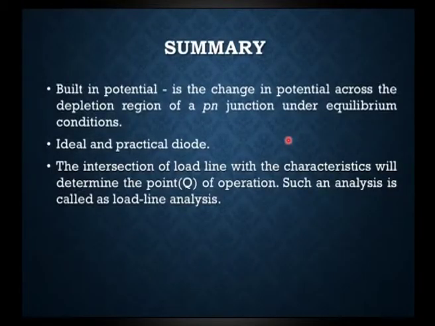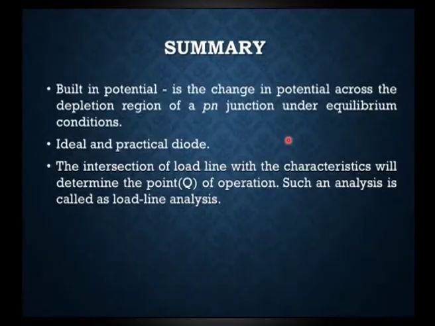We also discussed the ideal and practical diode, which have different characteristics. In the ideal diode, for Vf equal to 0 also, in forward bias we find a current, but in the practical diode in forward bias, Vf should be a minimum of 0.7 volt, then only will we find a current. We also covered load line analysis, which is made by the intersection of the characteristics of the diode and the load characteristics. A point of operation is formed, through which we can find the load line analysis, and this always obeys both KVL and KCL.